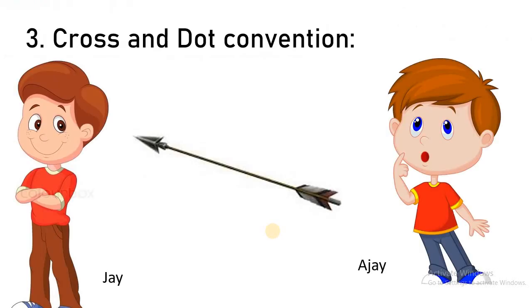Okay, so now go back to this again. Jai is going to observe which current? Dot. Because the current is in which direction? Incoming current. And Ajay is going to observe which direction of current? Cross, because it is outgoing current. For Ajay, the current is outgoing, so that outgoing current is going to be represented as a cross. Clearly understood, everyone? What is the cross and what is the dot convention? Yes, ma'am. Okay, now see the next point.